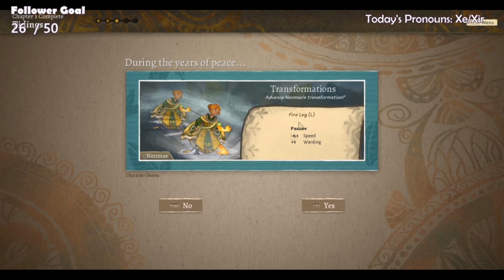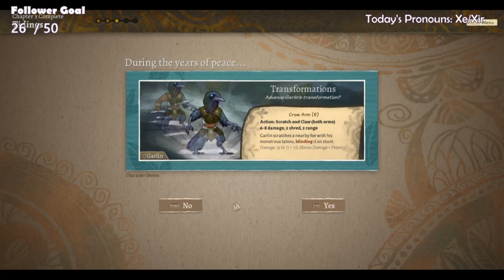So, advance Nedme's transformation. Give her a fire leg. Gives her extra warding. I think we'll advance her transformation as well. Garland will no longer be able to use weapons. But we have the Scratch and Claw and Peck all do a ton of damage themselves. And they've all got a bit of range. So, I think I'm going to go ahead...